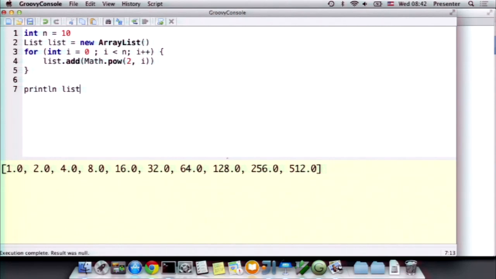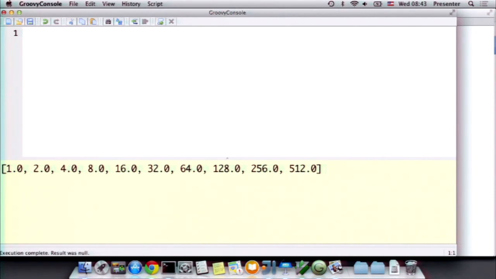Right, so that's a typical Java solution prior to Java 8. The thing about this is we've spent a lot of time working out how to do it, whereas all we really want to be thinking about is what do I want? So like in Groovy, that's exactly what you do. You say, all I want is to map, that's what the diagram is showing, I effectively want to map the numbers from 0 to n via a function